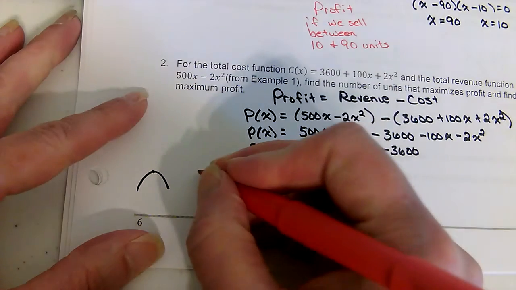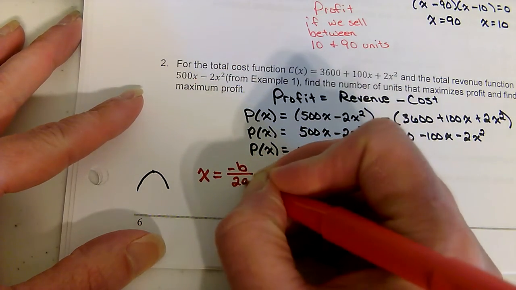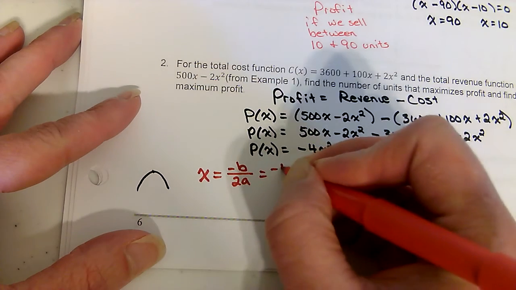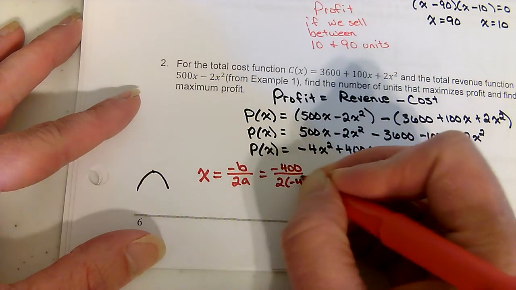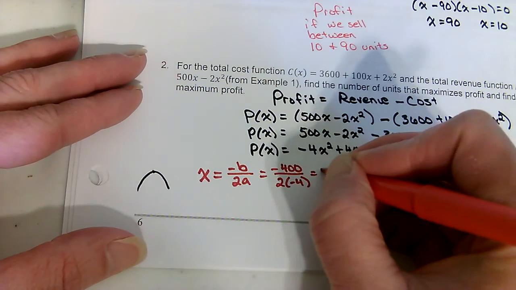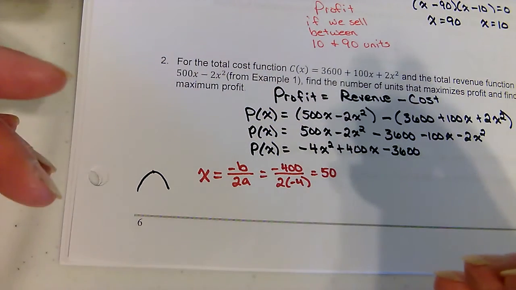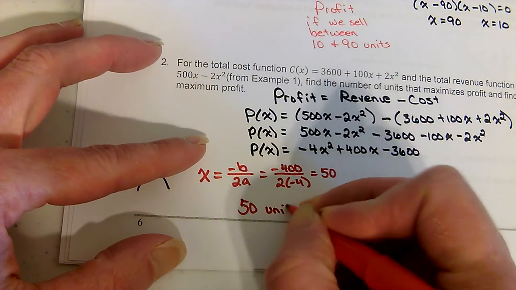So to find the vertex, I'm going to find the x value with negative b over 2a, which b is 400. So that's negative 400 divided by 2 times negative 4. And that's going to end up giving me 50. So 50 units